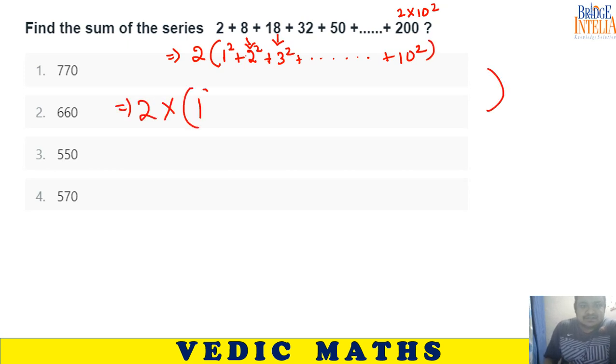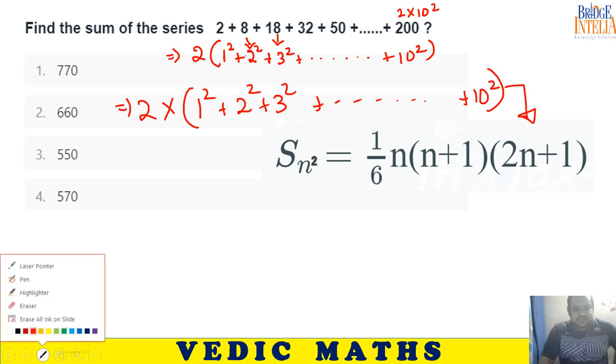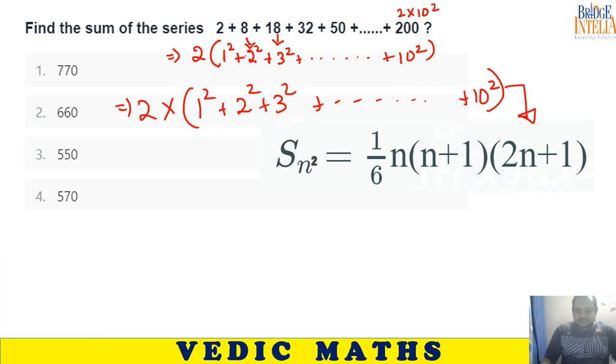So series is 1 square plus 2 square plus 3 square up till 10 square. So let's calculate the value of this series using the formula. And 2 is there outside the bracket, so you have to be careful. So let's first calculate the value of series. So 1 by 6, in place of n we have to write 10. So 10 into n plus 1, so 10 plus 1 11 into 2n plus 1, so 2 into 10 20,